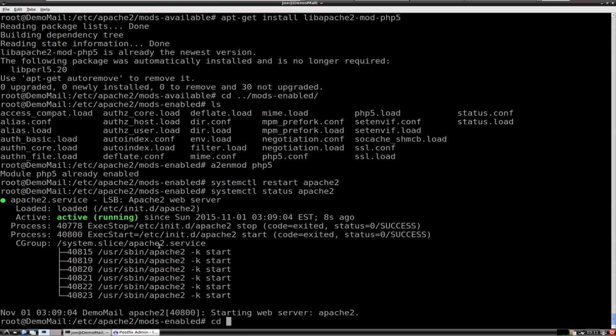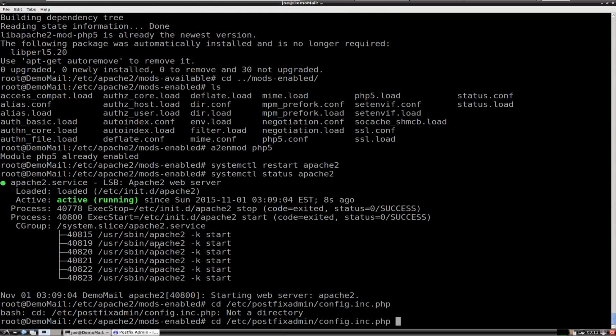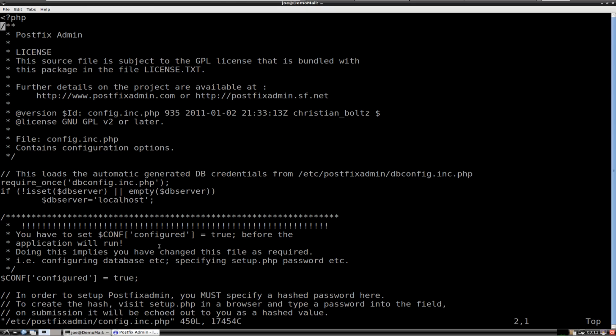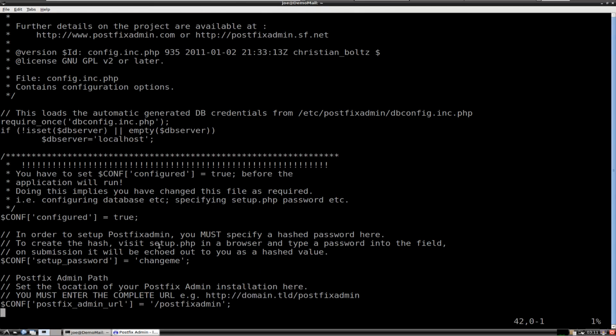Let's go to our /etc/postfixadmin, and then in here we'll go to our config. Oops. Sorry, we'll use vi. You can cd to the directory if you want, but in here we need to set our conf setup password, which is this guy right here. Now in your case, you're going to want to just use